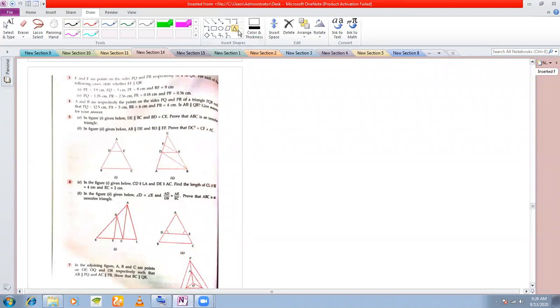Okay, so let us draw a triangle. Let us call this PQR. E and F are points on PQ and PR in the triangle. So you take any 2 points on the triangle, take the points to be E and F, and join them. You need to check whether EF is parallel to QR. But the question here is, what are the measurements given?